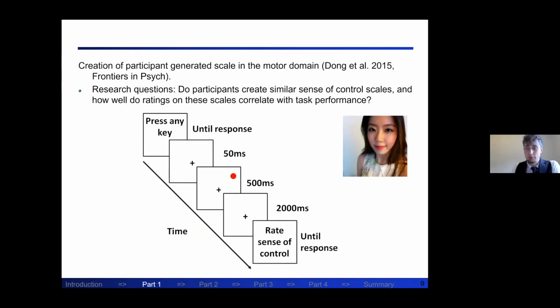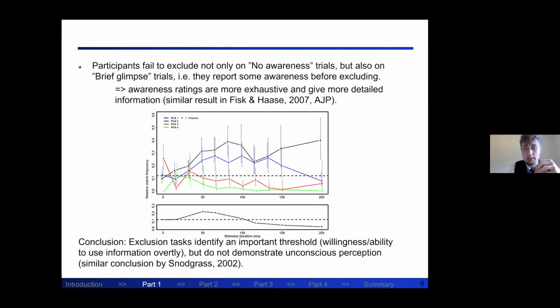So that was comparing two so-called objective measures of awareness to subjective measures. That showed in general that the subjective measures perform overall pretty good. At least there's no reason not to use them, but this was all based on vision. So one of the directions we've been moving in is to see if we can do something similar for motor